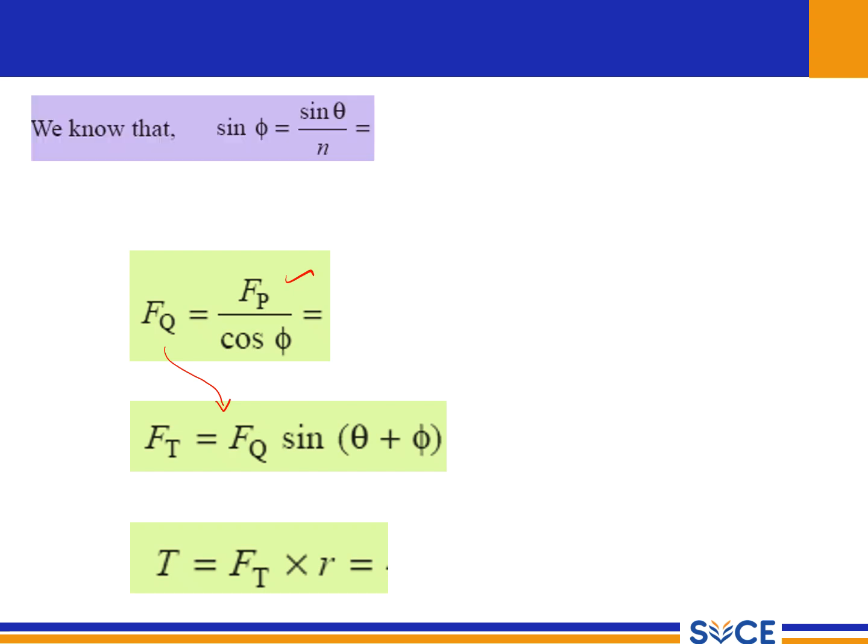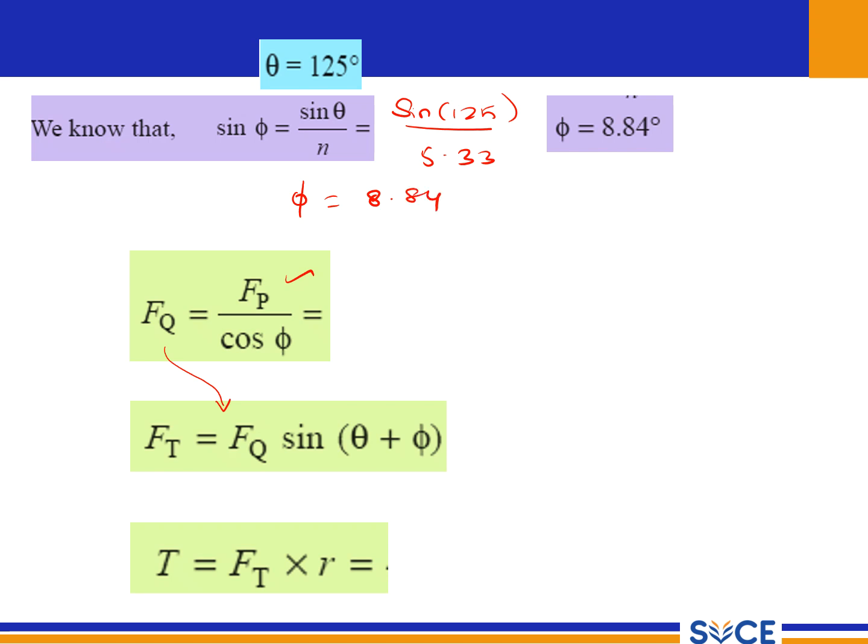So in that case, we know sin phi equal to sin theta by n. So the theta value is 125. So if you are giving sin 125 divided by n, n is nothing but your 5.33. So we are getting phi equal to 8.84. So I am substituting the known value of FP. FP is 18,397 divided by cos 8.84. So while calculating, the answer is